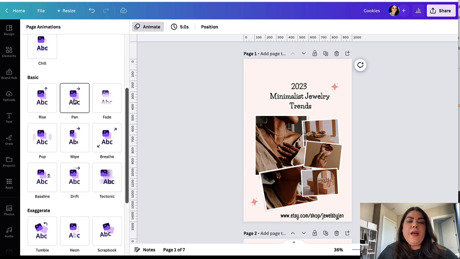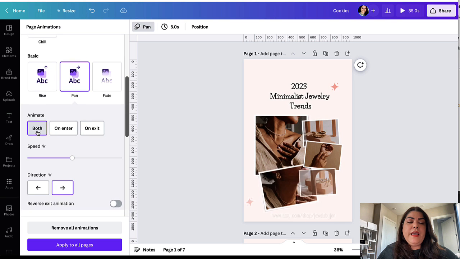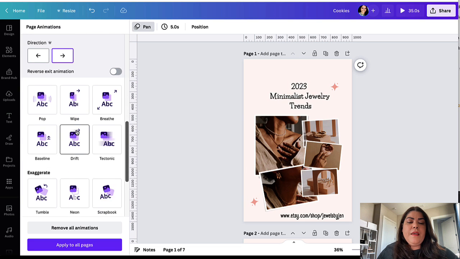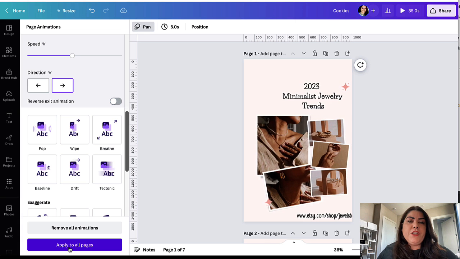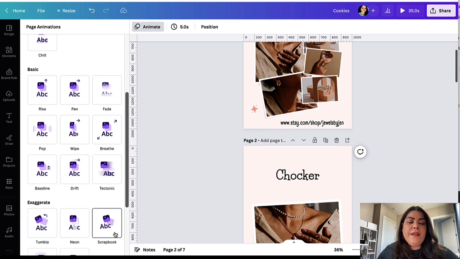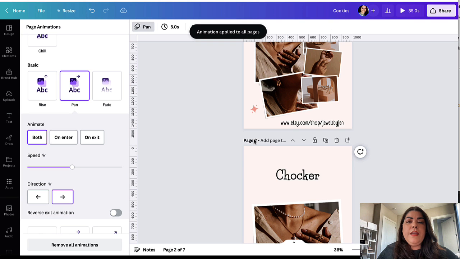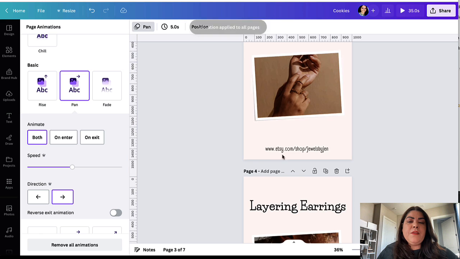What you want to do is go ahead and click here. And then here, you could actually say animate on both. You could change the speed. You could change the direction if you want it from this way or the other way. And then you could go down here and click to apply to all pages. I personally would go ahead and apply to all pages. So I'll go ahead and pan, apply to all, and it automatically applies that particular animation that you pick to